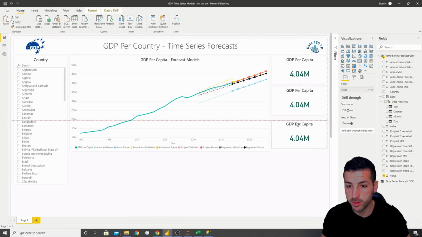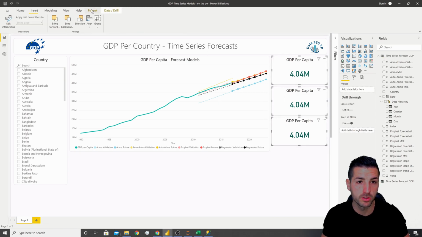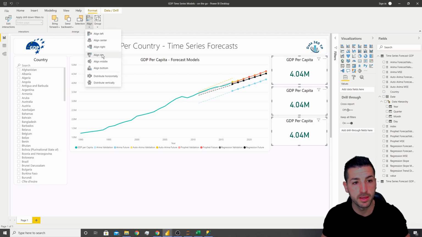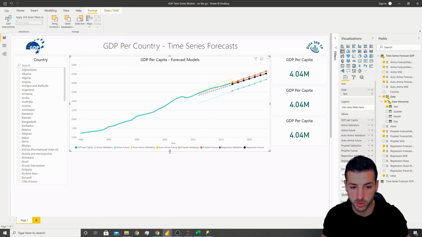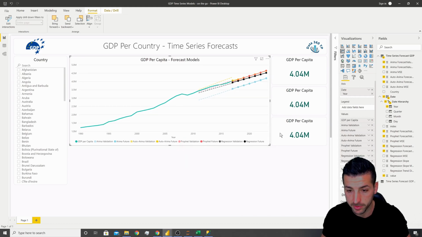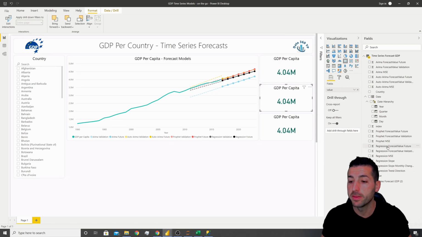Then we can move them down here, and then we can select these three cards and align them. So what we can do is go under format, align them on the left, and also distribute them vertically so they are equally distanced, and then we can make this smaller so everything is aligned. Now under this one we want to change the field, and the field is going to be the regression slope